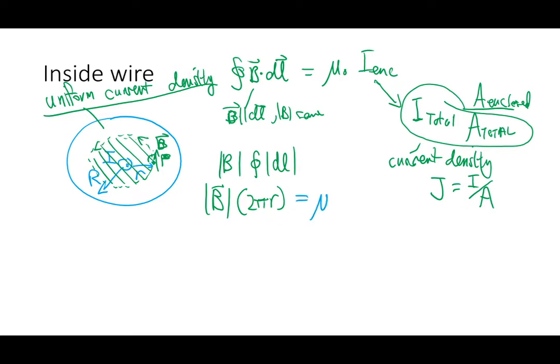So putting that all together, you have I total divided by the total area, which is pi big R squared. You multiply by the area that is actually enclosed, pi little r squared. Be careful which r to use where. Things cancel out, and we end up with